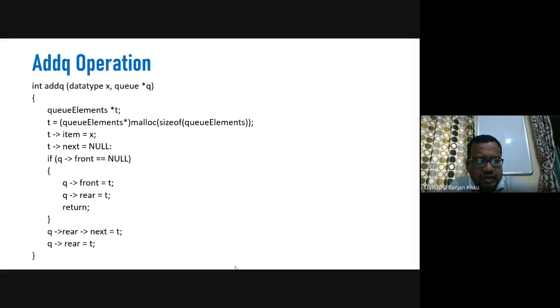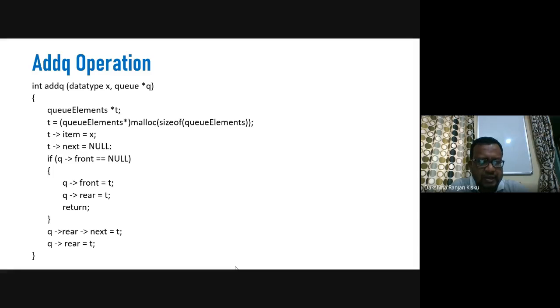Here x is the data part of the new node. Then we make t next equals null. By making t next equals null, we have completed the creation of the new node.